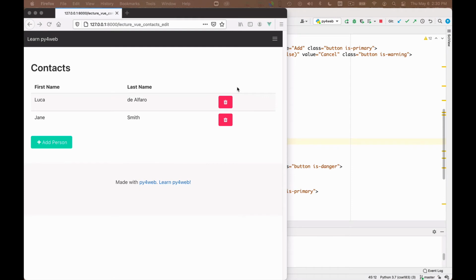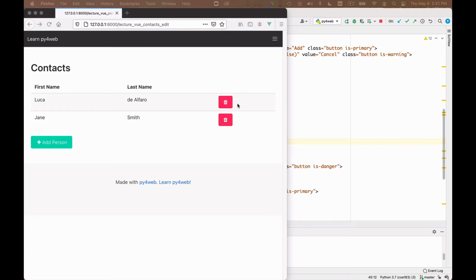This is our contact site we built. We can add contacts, we can delete them, but we cannot edit them. One solution for editing them would be to put here an edit button, so that when we click it, we are led to a form that edits the contact. This is a fairly standard solution. We had already some examples in this course using that solution.